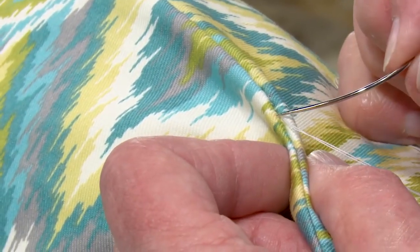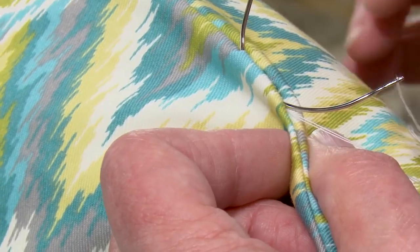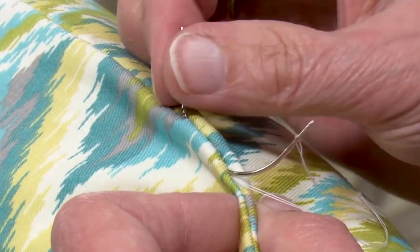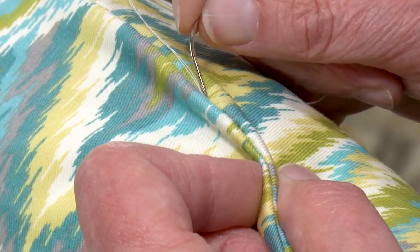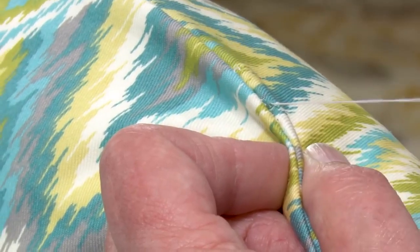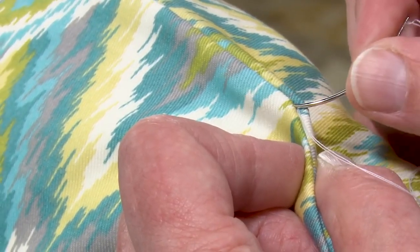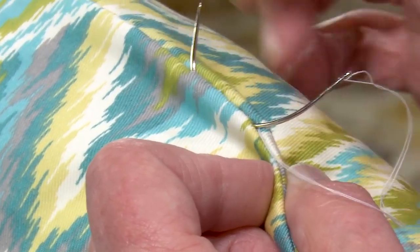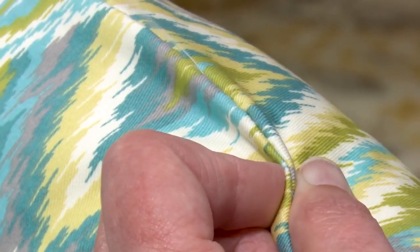Then she will take her needle and insert it right in the middle of one of the hems, and then push it through about 1 inch away, pulling the thread to that location. Then she'll go on the other hem and push it through about 1 inch away, going in the opposite direction. She'll do this a few times to bury the loose threads, because Cindy does not like to make a knot. She'll go through one more time,